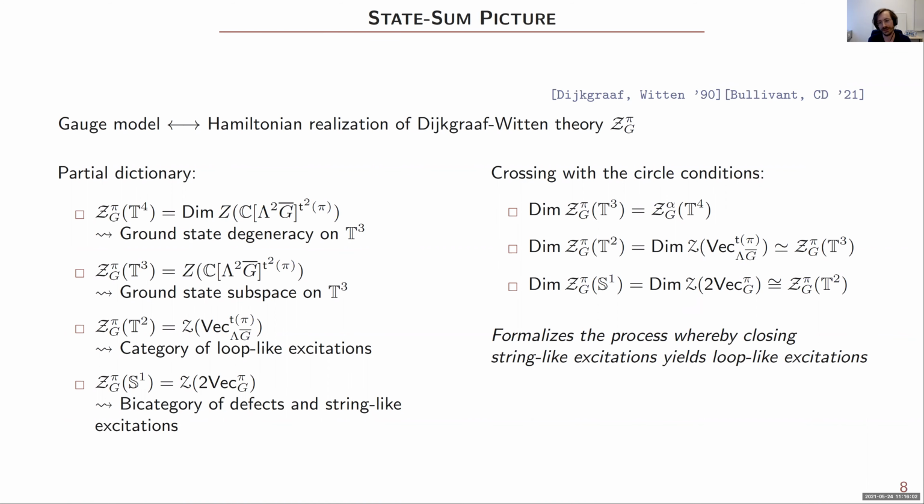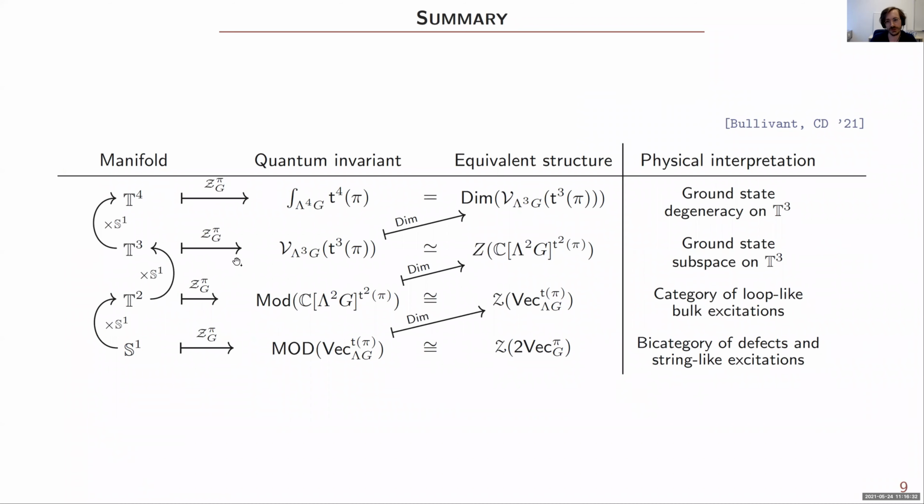As the name dimension suggests, there is this idea of tracing, which can be used to intuit in which way closing a string excitation gives you a loop excitation. As a matter of fact, this can be made very precise, and when you go through the computation, you really see how the loop-like excitations are obtained by identifying the endpoints of two string excitations. So that's the main result I wanted to tell you about, and I'll just briefly show this summarizing table. Thank you very much.